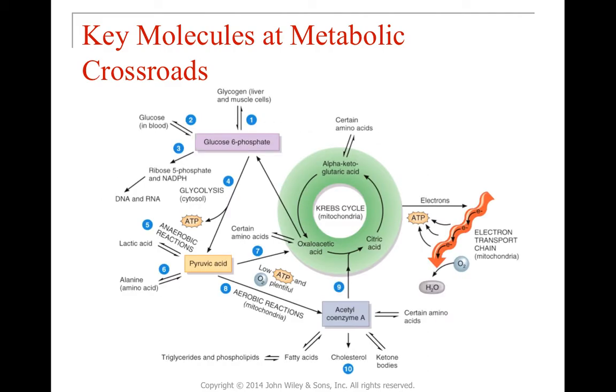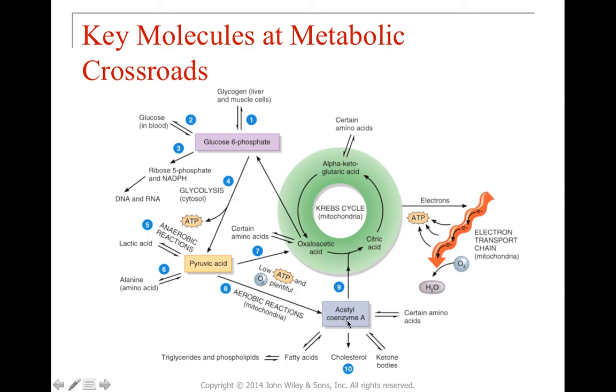All right, this is everything that I've just told you guys. So most of this is stuff that you should already have seen before, and yes, I know we have a lot thrown together on the same page, but let's walk through it. All right, so we have glucose that in the blood can go back and forth between glucose and glucose 6-phosphate. Glucose 6-phosphate is one of those molecules that can go multiple different pathways, right? It can go to make glycogen, for example. It can go to make pyruvic acid, for example. Pyruvic acid can go on to